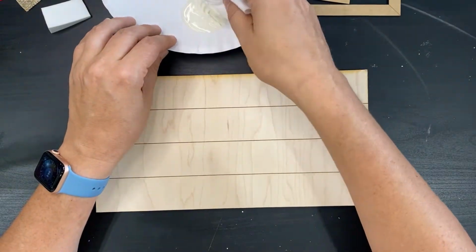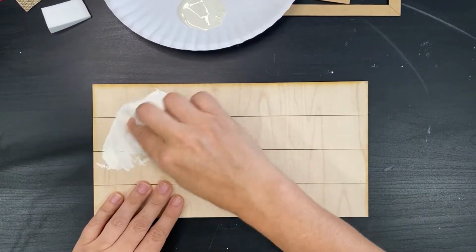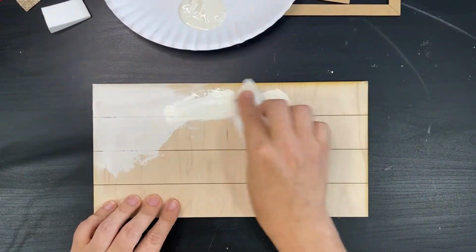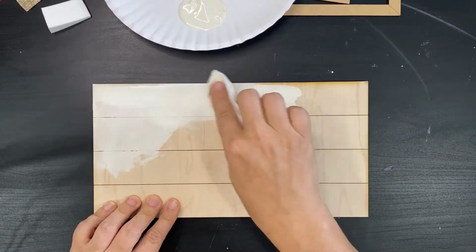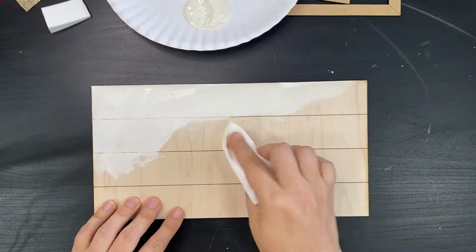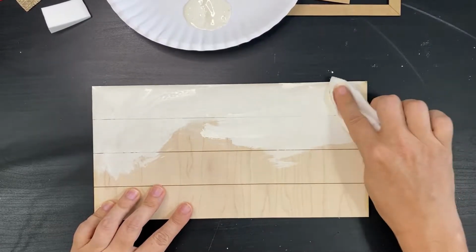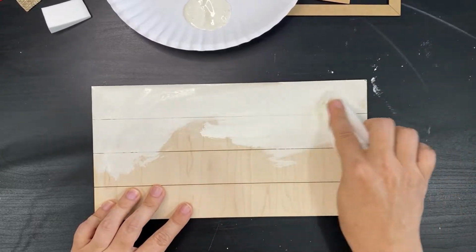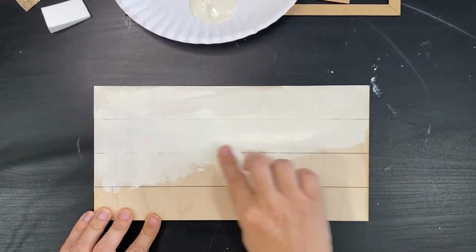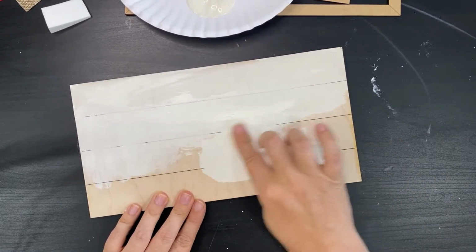All right, I'm gonna grab my wipe, get into my white paint, and just start rubbing it on here. Just cover the whole thing. If you want to have more of a whitewashed look, you can go lighter with it. If you want full coverage, you can go for that too. It is just all up to your preference. Don't even worry about the lines in here, because you have a toothpick in your box, and what we're gonna do with our toothpick, oh no,